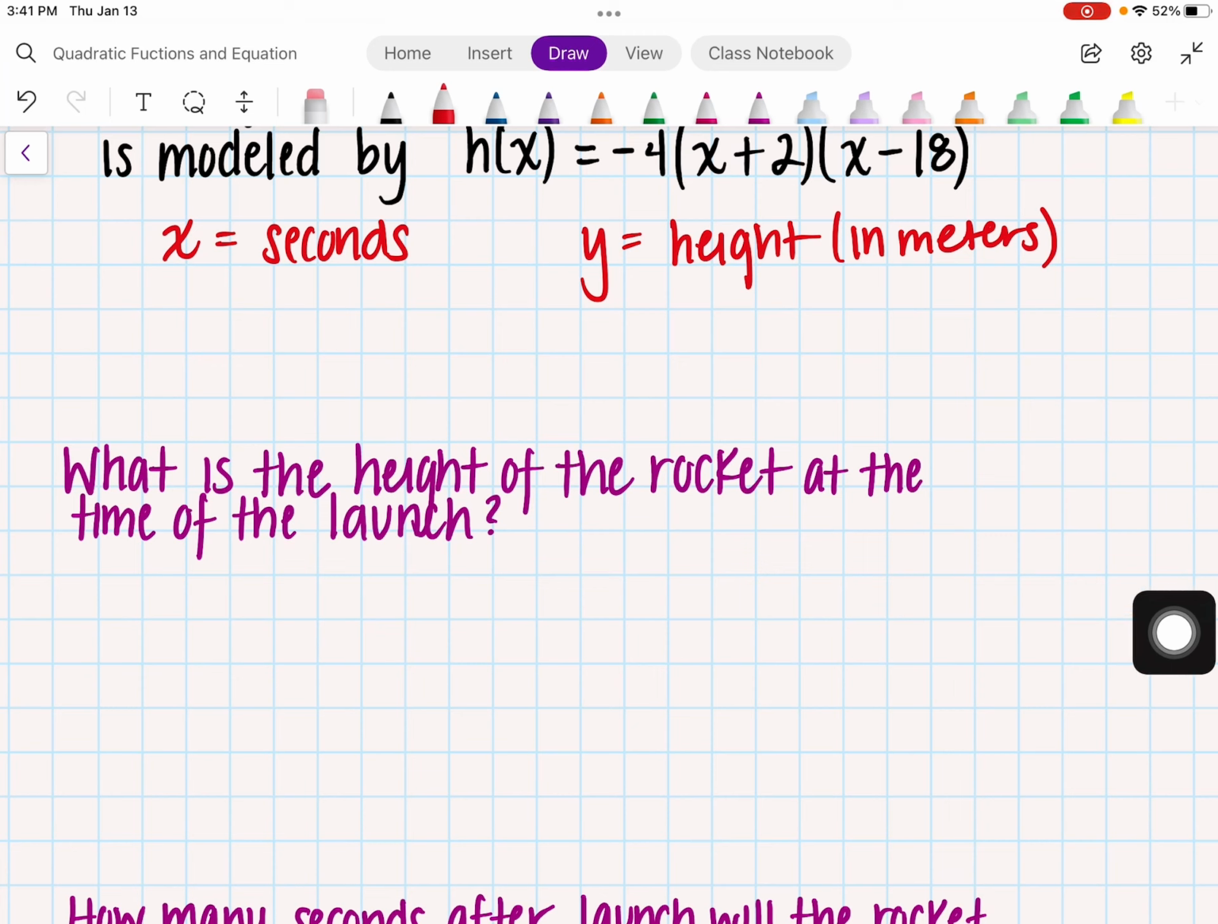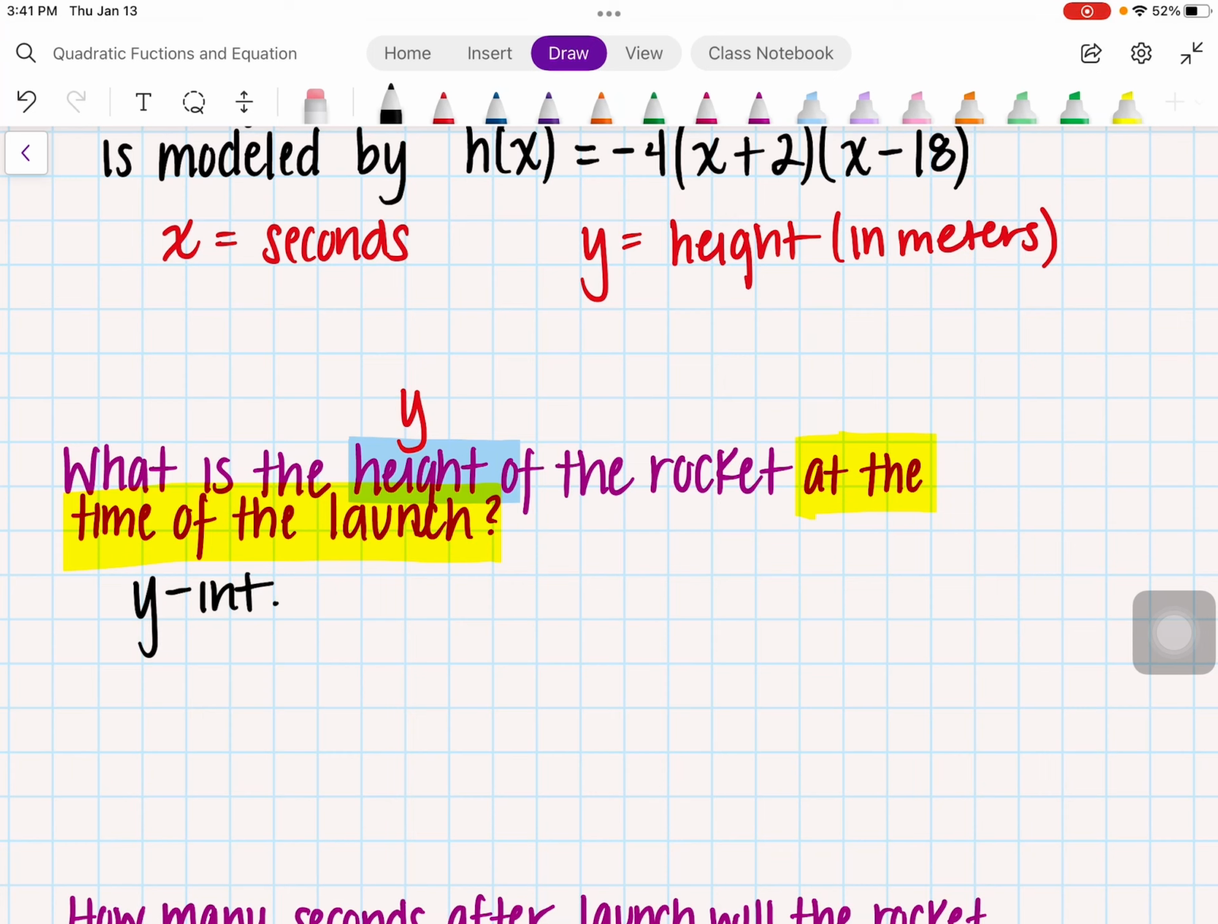The first question says, what is the height of the rocket at the time of launch? I will be highlighting because it is giving me a unit of measure. What is the height? They're asking us for the height at the time of launch. We did identify that height represents y. And they're saying at the time of launch, it's actually stating at the beginning. So what is the height at the beginning? Once again, any point that represents the start is going to be our y-intercept. So we actually have to find